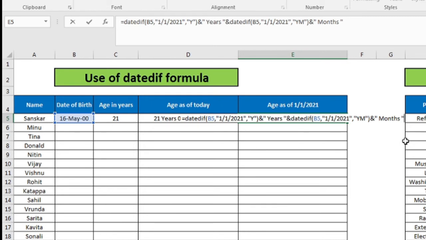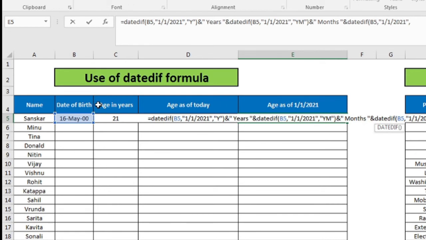Now after that I want to write a last formula. For that I will combine this with &, and the last formula is again DATEDIF, open bracket, from which date, from date of birth, that is B5, comma, till which date, till, in double inverted commas 1/1/2021, complete double inverted commas, and then comma. Then what is the format now?